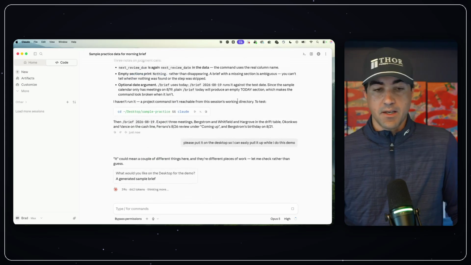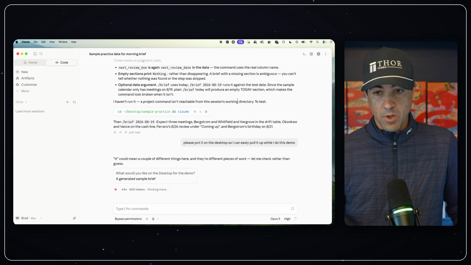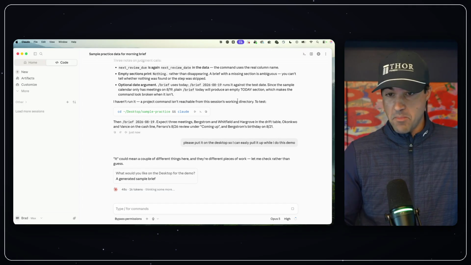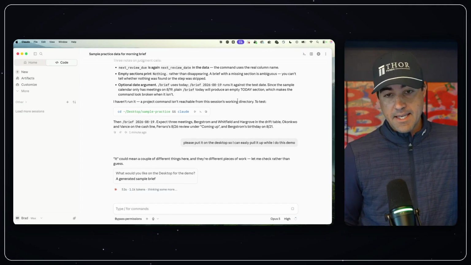And again, this is fully customizable. I'm doing this as a quick, fun little demo. You can come in here and build very extensive outputs if you want. You could make it look cool. You can put charts in there. You can do whatever you want, right? I think the key is don't